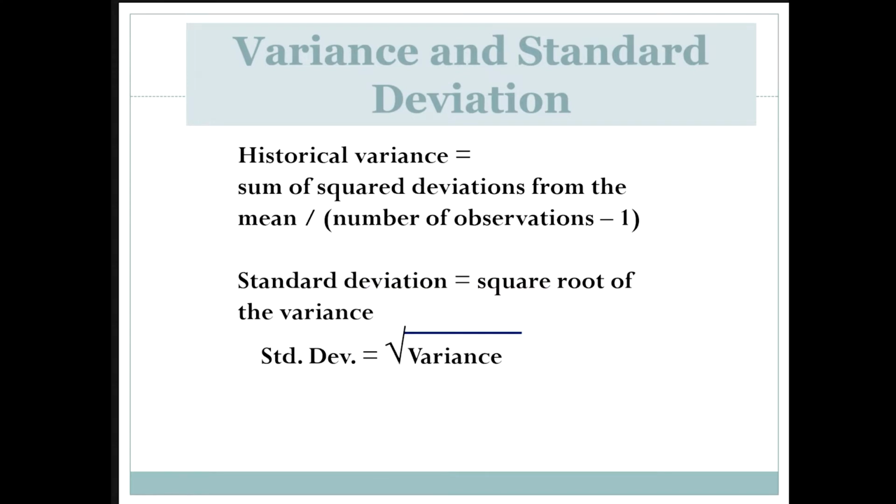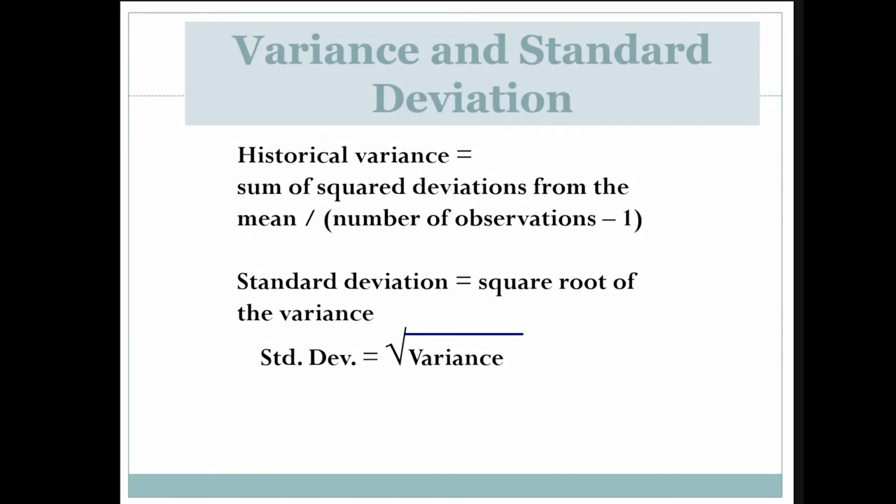Okay. Now, one way to calculate variance from a sample, a set of observations, a set of data, is something called the historical variance, and that is the sum of squared deviations from the mean. That deviation from the mean is above and below the line, above and below the average. And the standard deviation is the square root of the variance. Okay, so these are the two ways that we measure